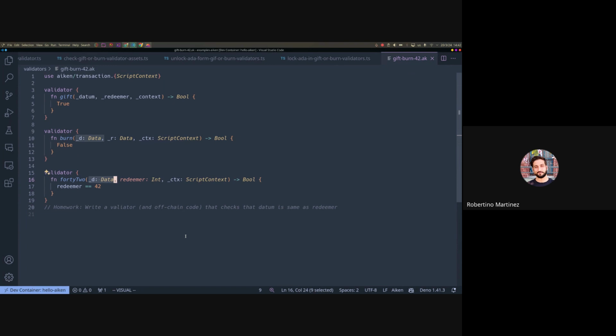And then when some family member wants to consume, they are going to sign the transaction, and you're going to be able to compare, from this UTXO, the data that is inside the datum, whether that list contains someone that signed the transaction. So if you try to consume in the same validator, there are two UTXOs, and